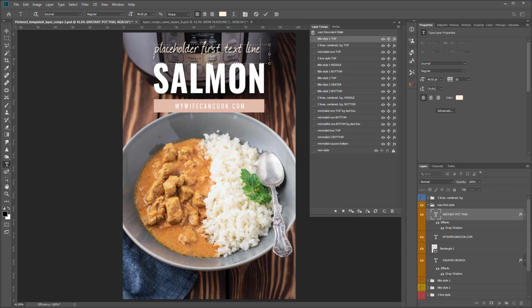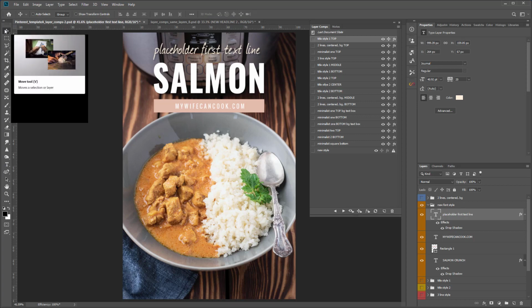Now, the other thing you could figure out is you're not going to be able to exactly know how to align things left and right align because you don't know what text you're necessarily going to put in here later. But I like to do things like left align certain things, so I know I can maintain that left alignment, and it just makes it a little easier when I resize later and I'm trying to align things. We'll see that in an example, but for now you may not want to worry about that alignment too much, so I'm just going to go like that, and I will nudge this down a little bit,